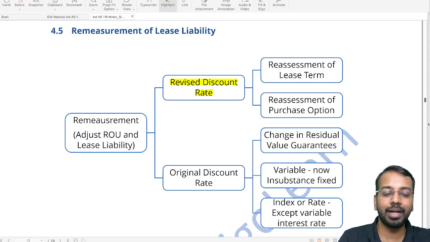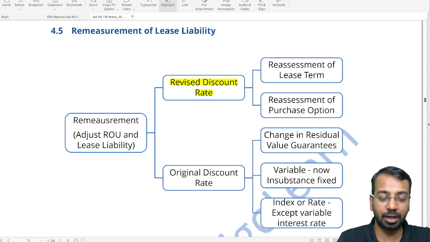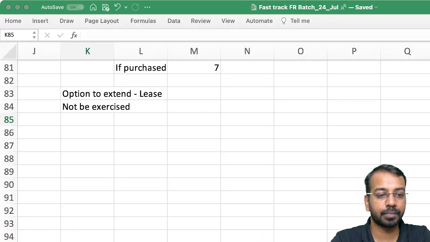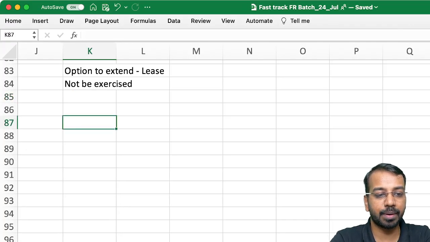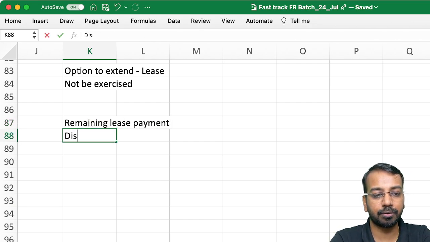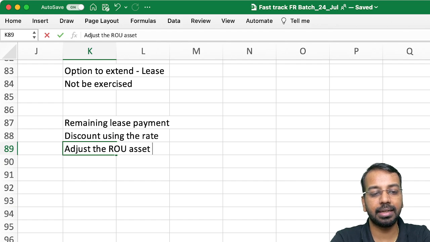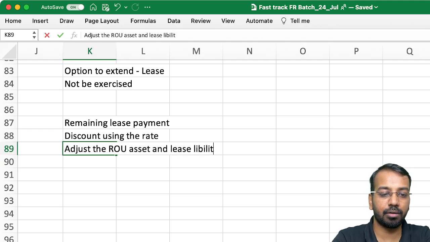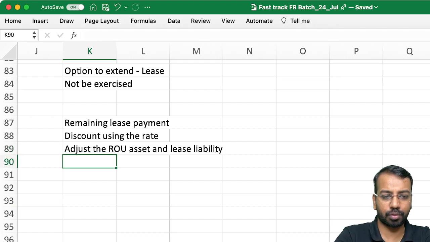So basically, we will take the remaining lease payment, discount it using the rate, and adjust the ROU asset and lease liability by that. Now you might be wondering, sir, why will the lease liability change? We'll take a question on this, don't worry about that. The lease liability will change,